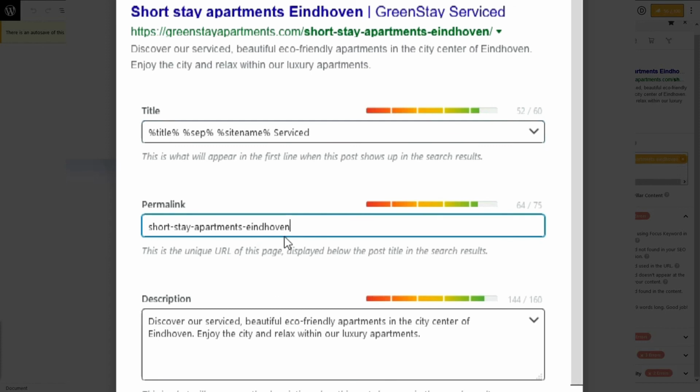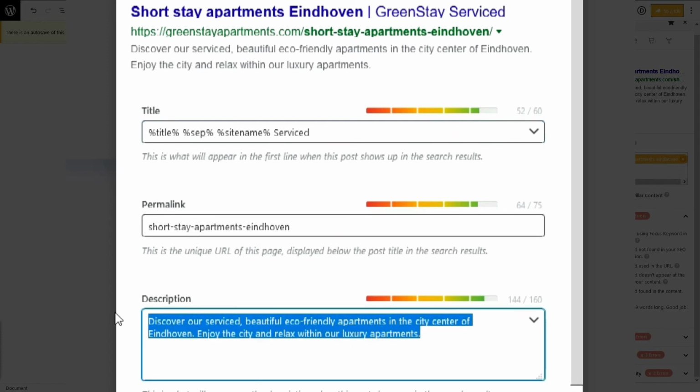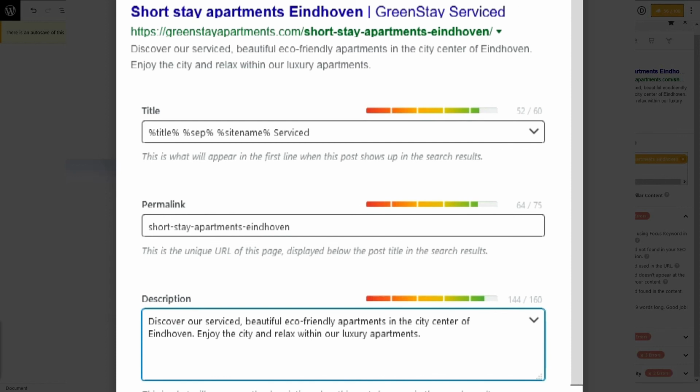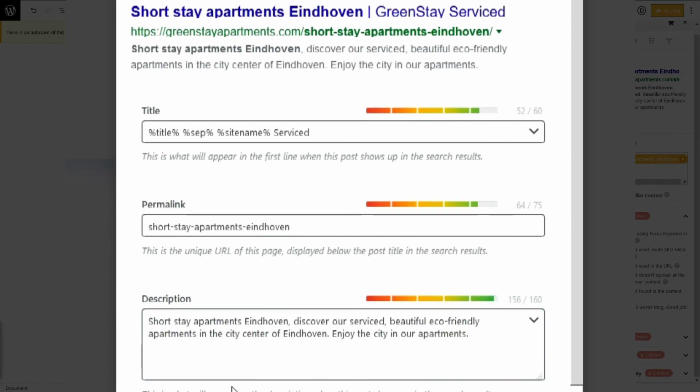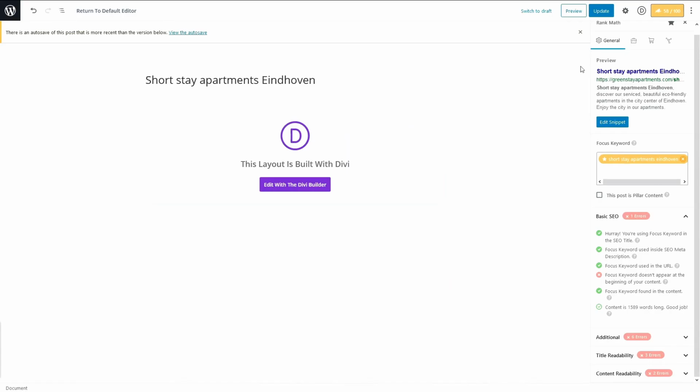This is good, the permalink is good, it's green. This is the description, let's enter the keyword in the description. And remember, focus keyword first, so we're gonna make it this: short stay apartments Eindhoven. Discover our service, beautiful eco-friendly apartments in the city center of Eindhoven. Enjoy the city in our apartments. So we have apartments like 3 times in the description. Maybe that's a little bit too much, but alright, let's just keep it this way and press this button and